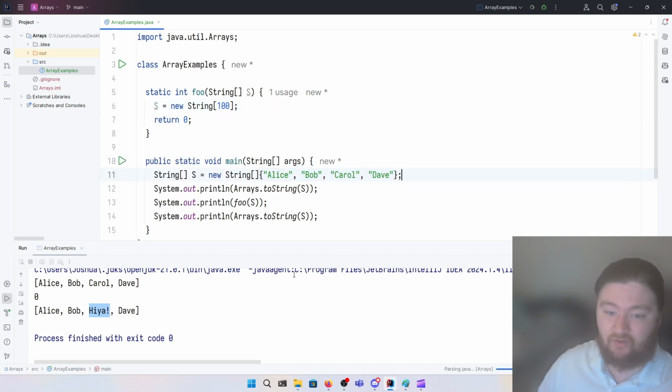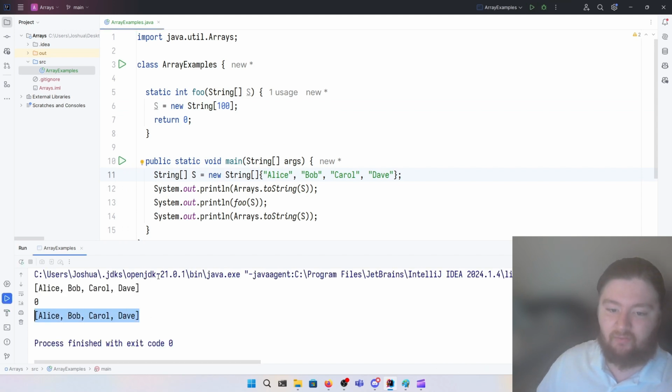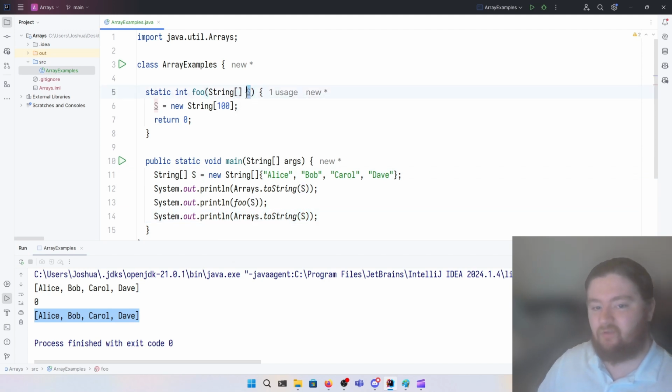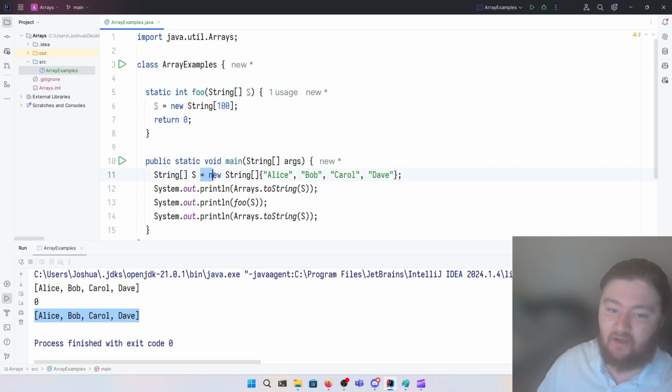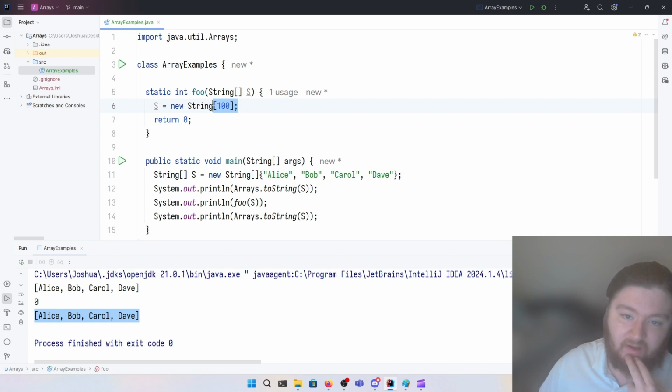But that's not true. If we run it, we'll see that it still prints out the same array. The reason is because we pass a copy of the address. By passing a copy of the address, the original reference stays the same, and this change happens locally. So the copy of the address that we pass gets changed to point to this new array of strings. Now, we could return this new array, that would be fine, but the point of this is